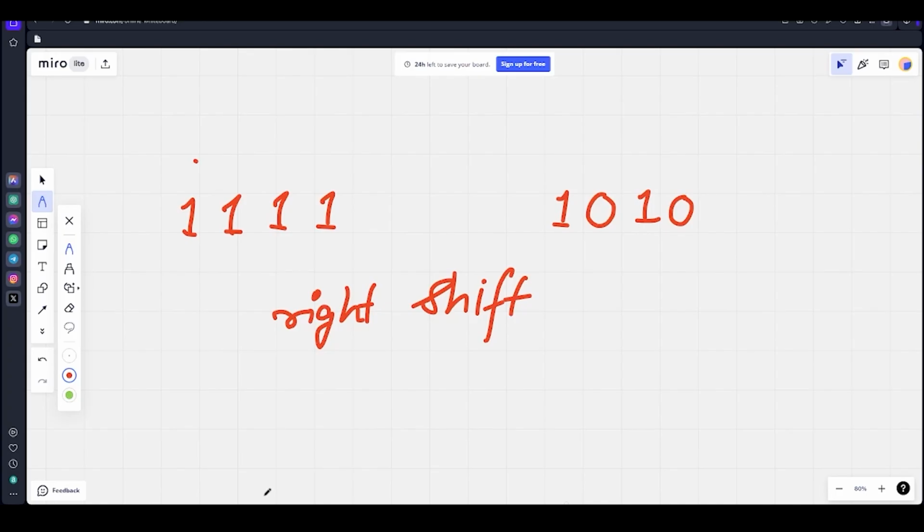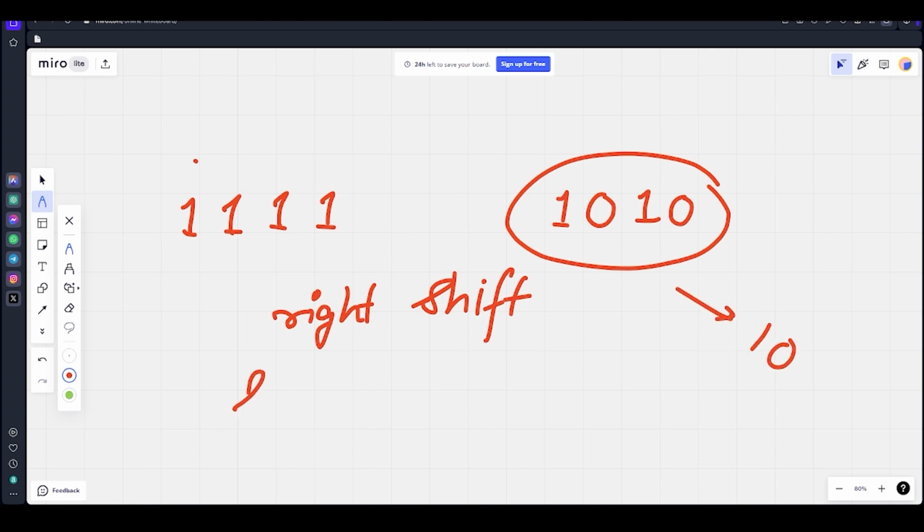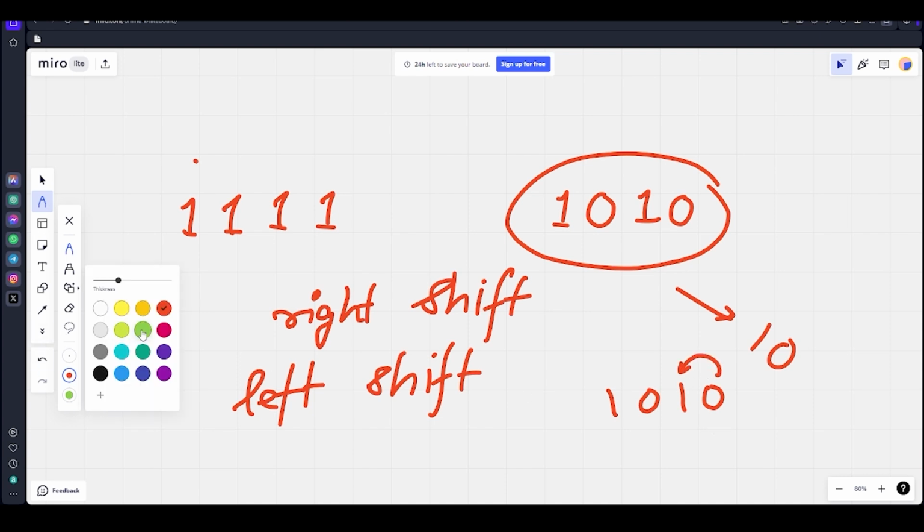So we'll go over here. I have written number 10, which is 1010. This is 10 in binary, as you know. So what we are doing is a left shift. What is left shift? It will shift the bits to the left hand side. So if I write 1010, this 0 will come on the left hand side. Let me change the color. Then this 1 will come here and this 0 will come here, 1 will come here.